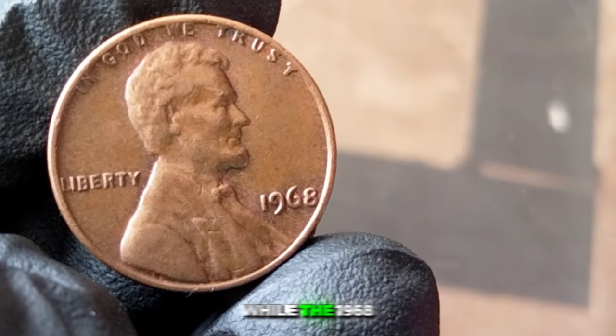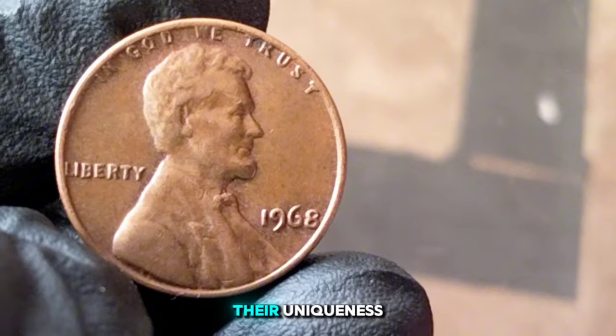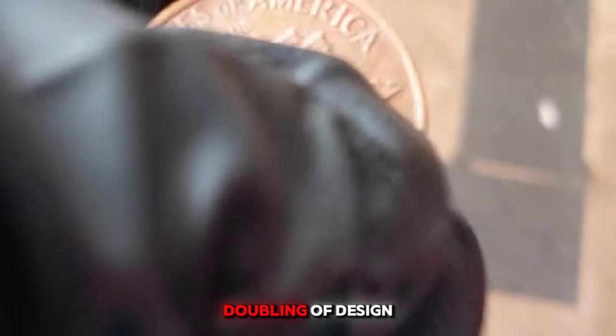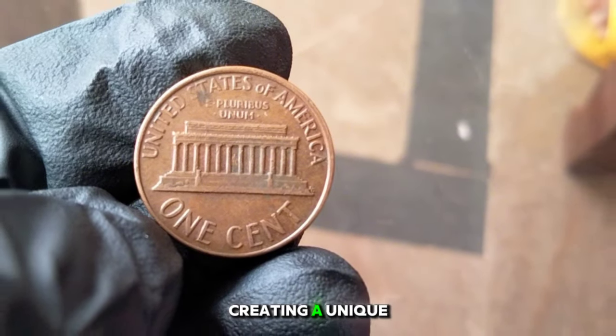While the 1968 penny is generally common, certain errors and varieties can make specific coins more valuable. Collectors often seek these out for their uniqueness. Double die errors occur when the die used to strike the coin is misaligned, resulting in noticeable doubling of design elements. Off-center strikes happen when the coin's design is not perfectly centered on the planchet, creating a unique and sometimes